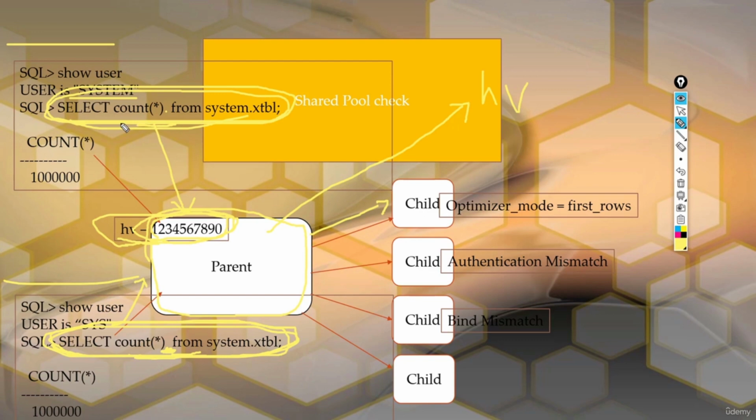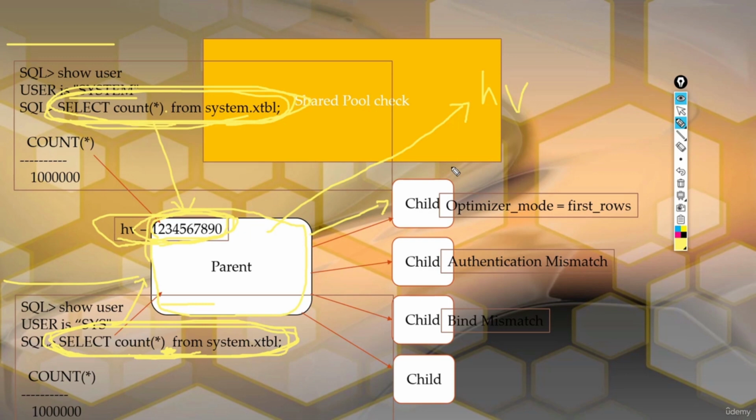Okay, exactly without any space, dot, or any comma, anything should not be there when we need to share this same SQL statement. Okay, so if there is a space over here, then this hash value will be changed. Also, the SQL ID will be different for each and every SQL statement. Okay, so in this case,